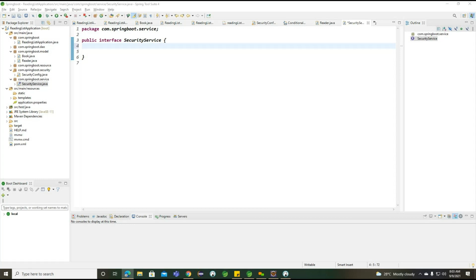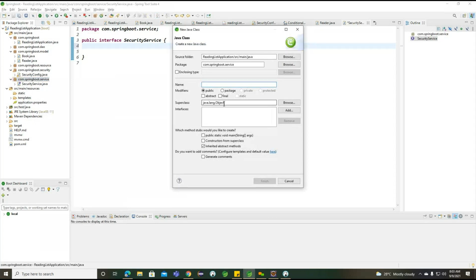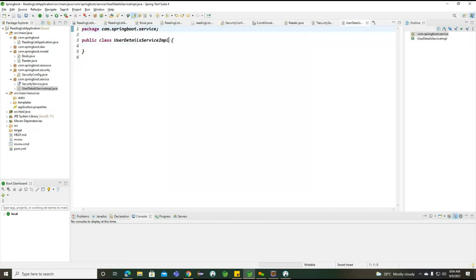This is the best way to implement here. Later we can check with UserDetailsServiceImpl, like SecurityServiceImpl. I'm creating the UserDetailsServiceImpl class here, which is implementing from